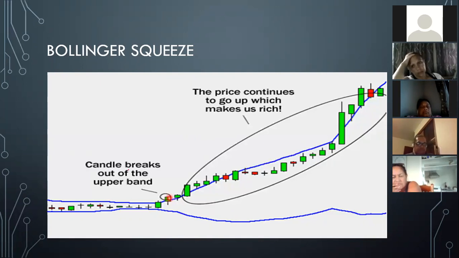What you do with that is you take that percentage profit and put it back into the next trade. You continue building your Bitcoin stack within these exchanges, and eventually you're going to get to a significant amount. It's up to you guys what you want to do with your money from there forward. But what we want to teach you guys is how to identify when is a good trade. And the Bollinger Squeeze is one of the less riskiest indicators in the market,